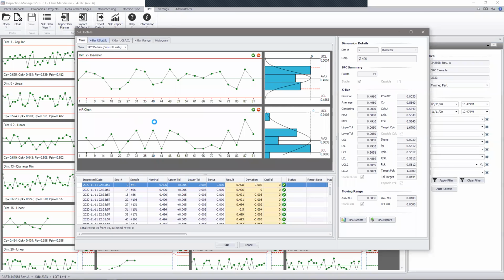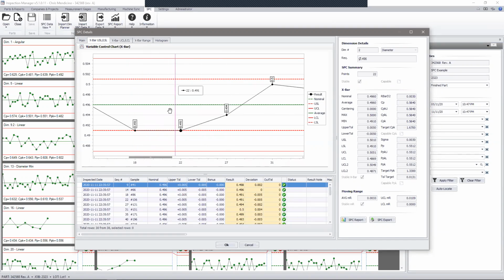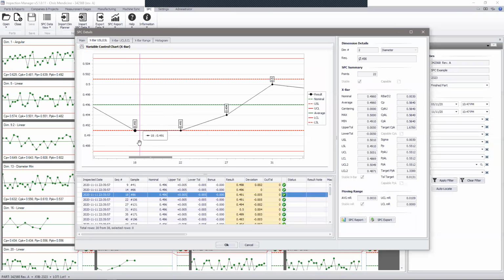So let's say I'm going through one of these charts and I'm looking and I see, okay, well, those were my extremes here that I had. And so I can click it and you'll notice, so that's sample number 18. It brings me to that sample number, okay, or it's sequence number 18, I should say. And I can review what